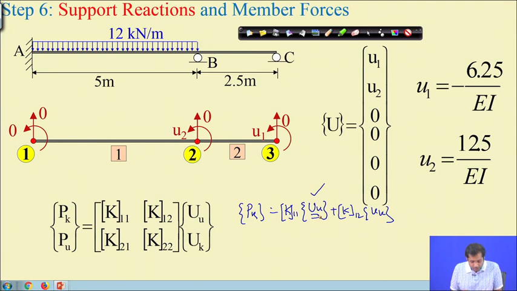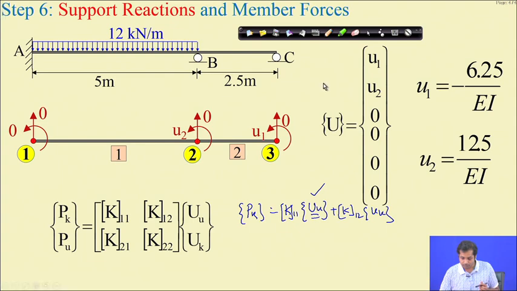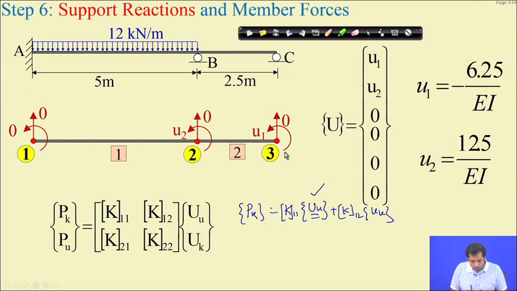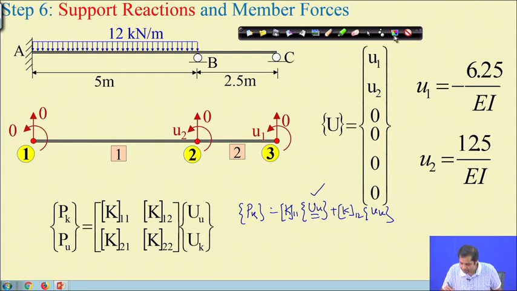Second equation is, you see, what we want is the contribution. This fixed end contribution we already know, the fixed end actions. We need the reactions generated due to the deformation, and the entire deformation is now represented by only two non-zero degrees of freedom, U1 and U2. So, because of U1 and U2, what are the reactions generated at the supports because of the deformation? In order to get that, we use the second part of this equation, and the second part of this equation will be this.